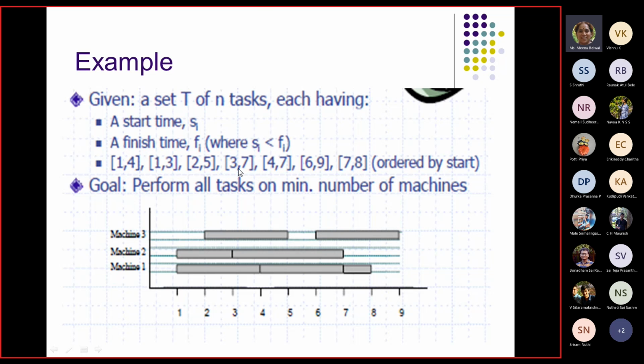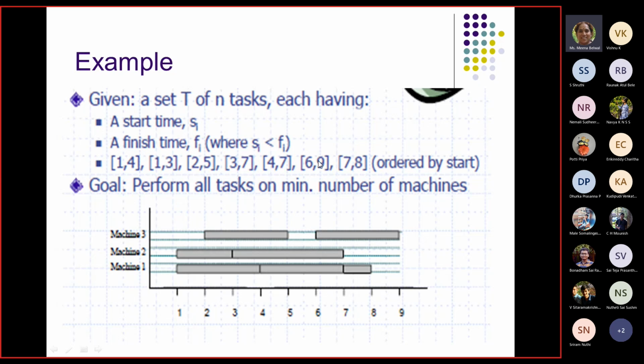Okay, then I go to the next task. The next task is 3, 7. This has to start at time 3. By then, this task 1, 3 has already ended. So I have a machine free. So we will always check whenever there is a machine free, and we will not include one more machine. So this task 3, 7 will be assigned here. The next task comes as 4, 7. Again for 4, 7 at timestamp 4, you find that there is already a free machine. So we will not add one more machine. Rather, we will assign this 4, 7 to machine number 1.